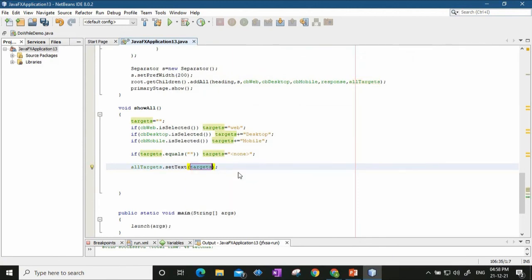It will print that the target list is, and it will print all the strings which we have taken here. That's the target strings.